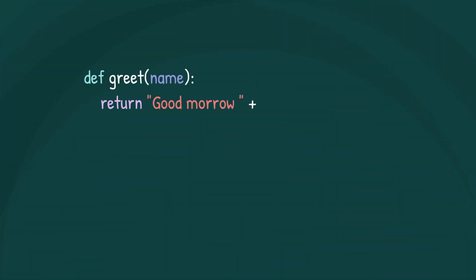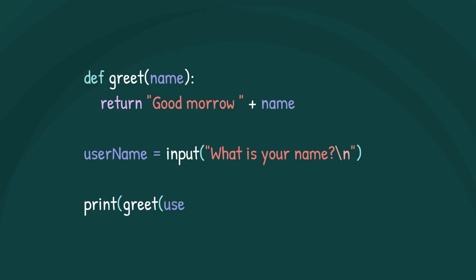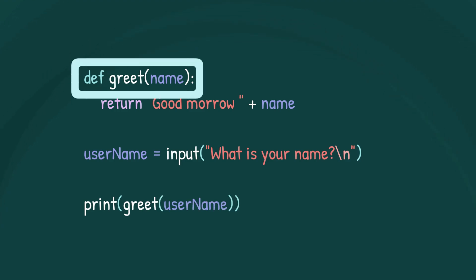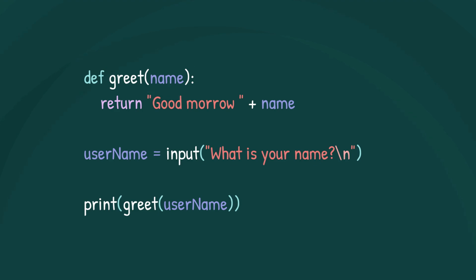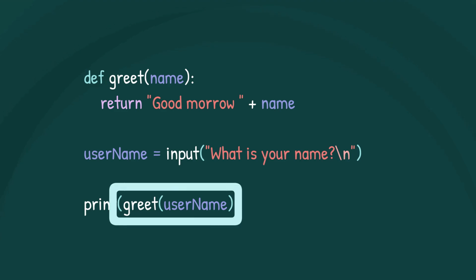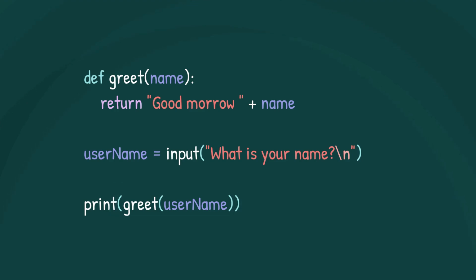Every piece of code with a function includes two essential components. 1. Function definition. This establishes the function by assigning it a name and defining a block of statements to execute. And 2. Function call. This invokes the function by referencing its name, triggering the execution of the defined statements. Like in our previous example,